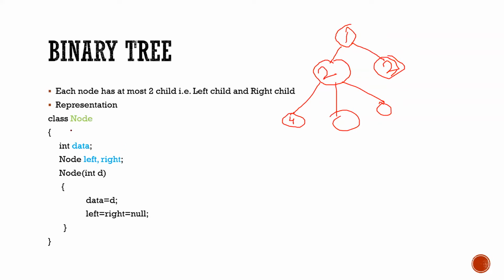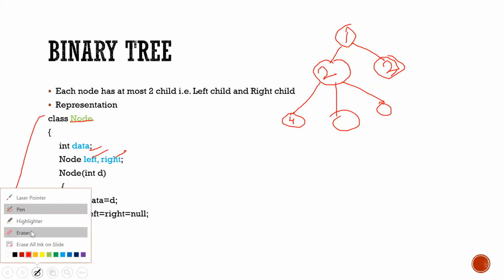So the people who were in the linked list class, it will be much easier for them to learn how we have written this code. First of all, we are going to define a user defined data type, that is class node, and we'll define the data, left and right. You might be thinking why we are doing that. Let me explain again why we are doing this.